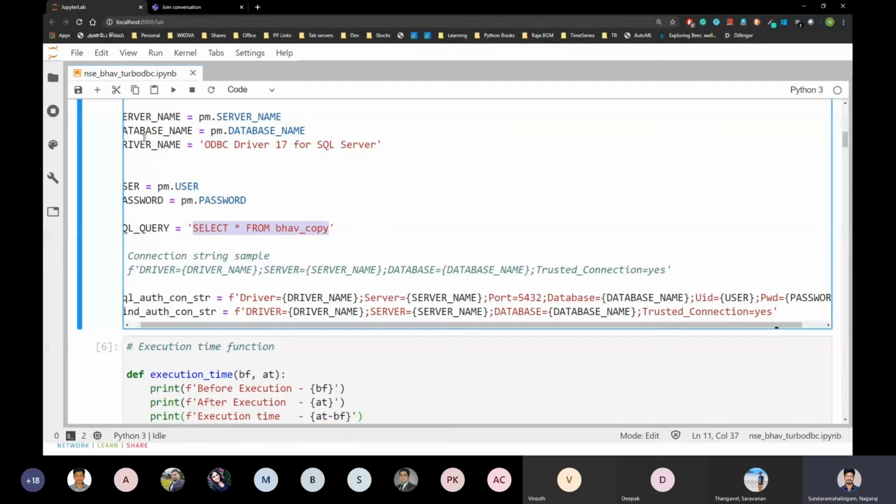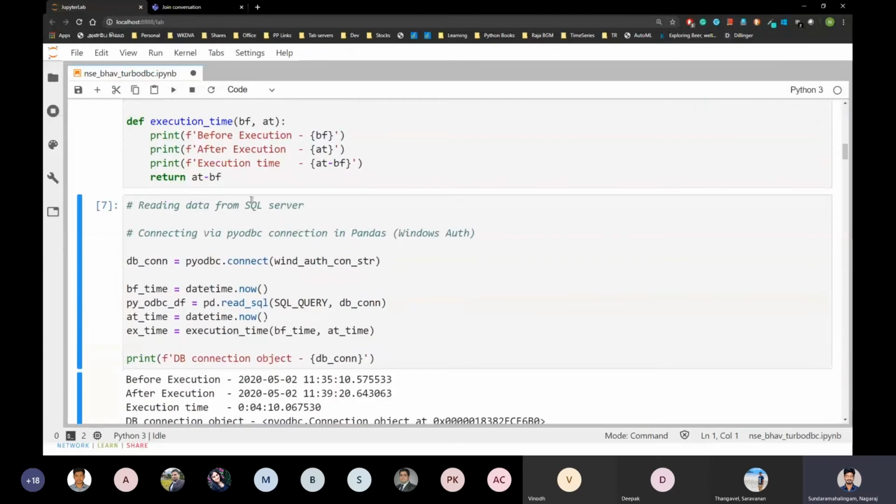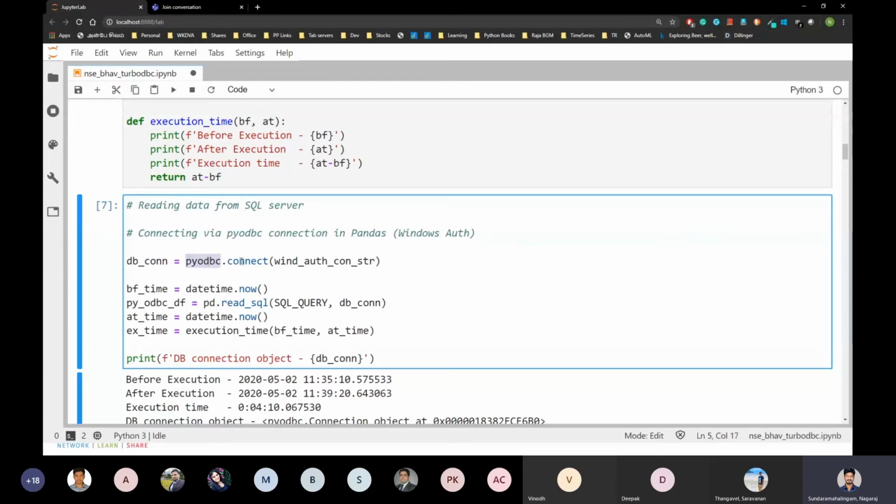In the big data concept, this is a very small volume of data, but it conveys the performance metrics. Again, the same function to find the execution time. So here I am connecting to the RDBMS SQL Server using the PyODBC method.